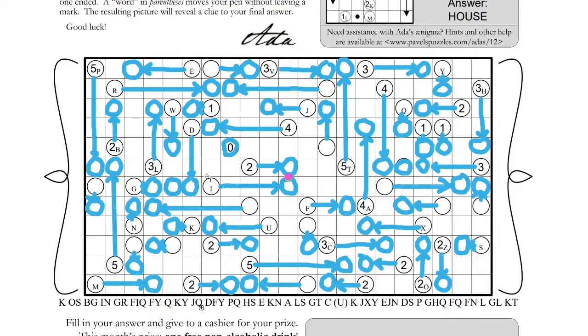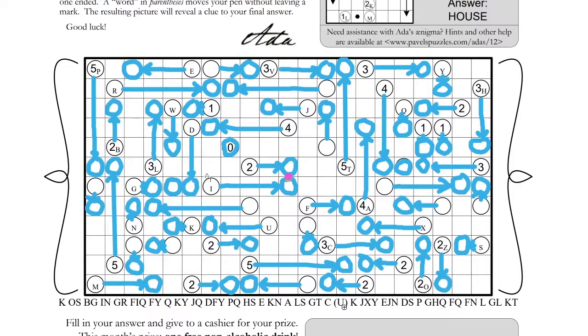Is it really not in here at all? Unless I'm just being blind. It's not there. Okay. L, M, N, O, P, Q, R, S,